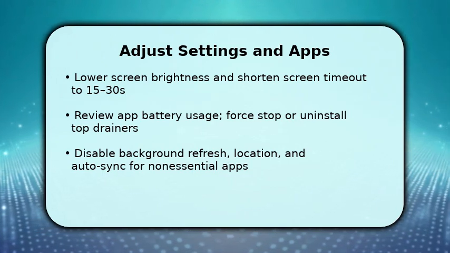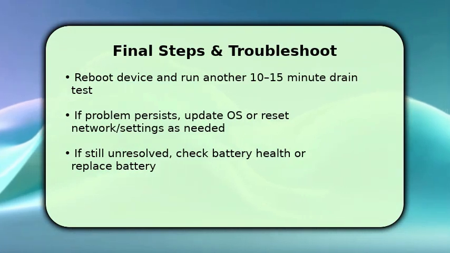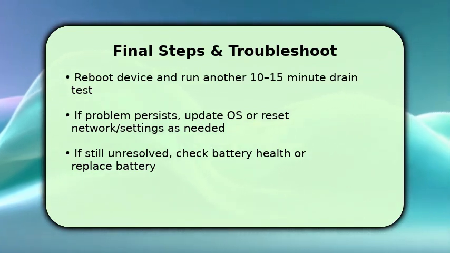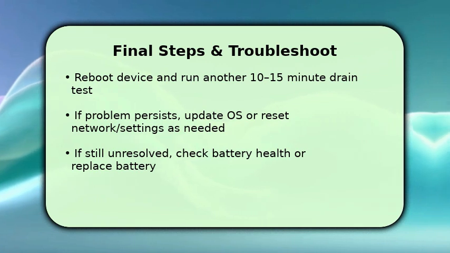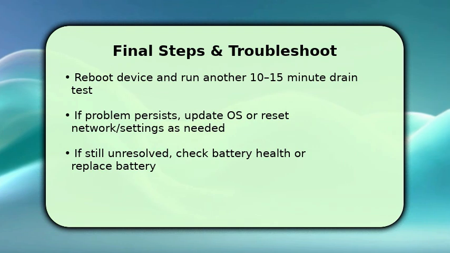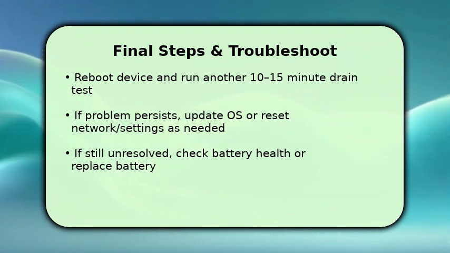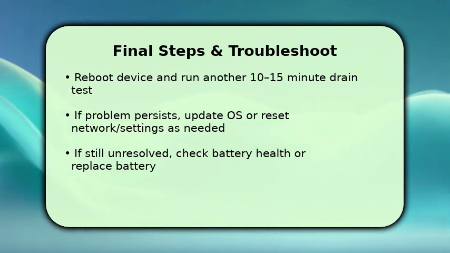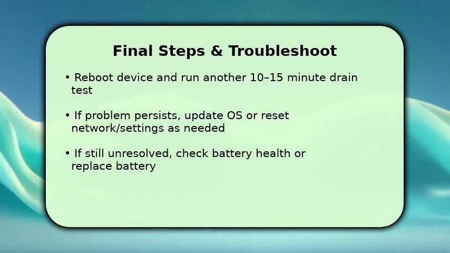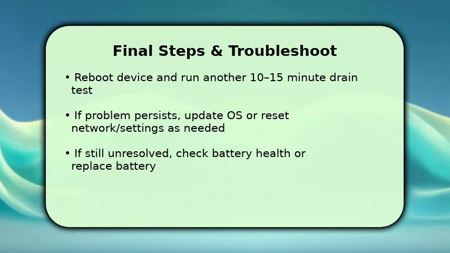Finish by rebooting the device and repeating the short drain test to confirm improvements. If you still see high drain, update the operating system and app versions, then reset network settings or system settings selectively. These often fix runaway processes. If problems persist despite updates and setting tweaks, check battery health metrics. Significant capacity loss means replacement. One troubleshooting tip: if drain spikes after an update, boot into safe mode to isolate third-party apps before doing a